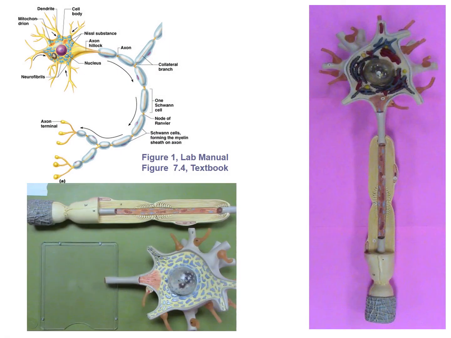You are responsible for being able to identify structures of the neuron on an image such as the one in your book and lab manual, and on these two models. One model, the one shown here on the right, has the perikaryon attached to the axon, and in this other one they are separated, but they're basically showing the same structures. I want to take a moment to relate the image of the neuron in your book and lab manual to these two models.